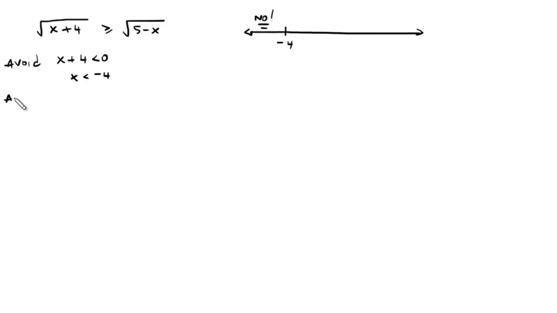You also must avoid in the second radical, where 5 minus x is less than 0. That will result in x is greater than 5. I'll mark that on my number line, and then everything to the right of that, we cannot shade any of that. To figure out any other critical points, take your inequality, change it to an equation,